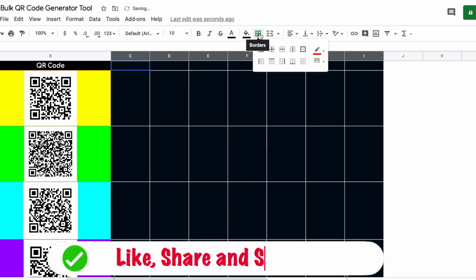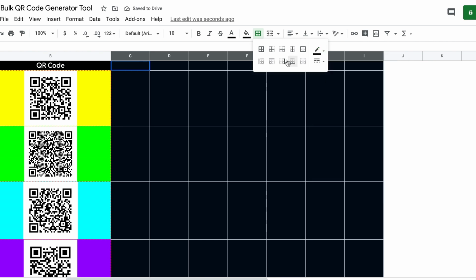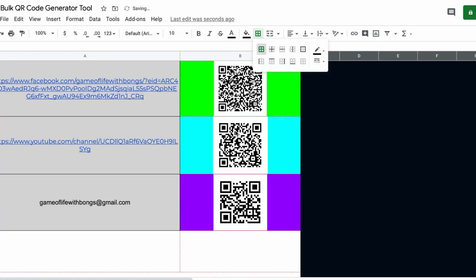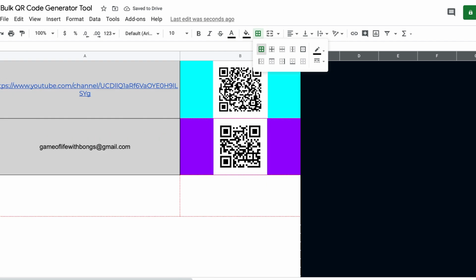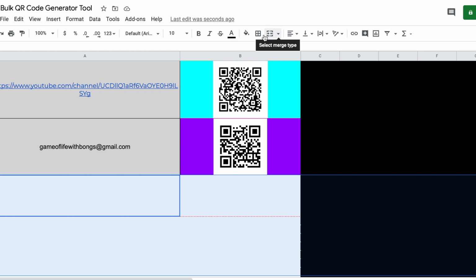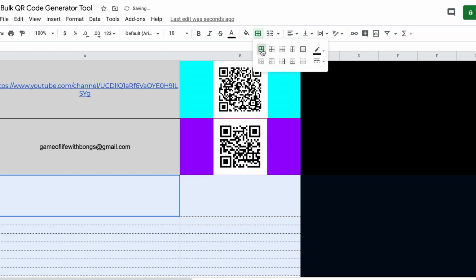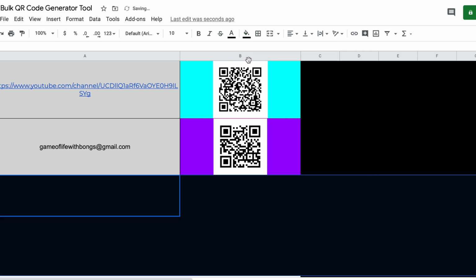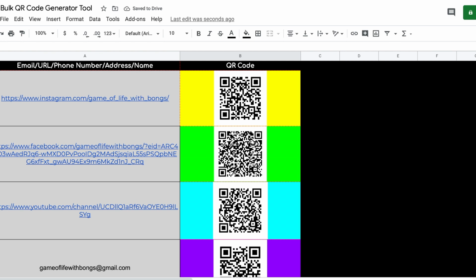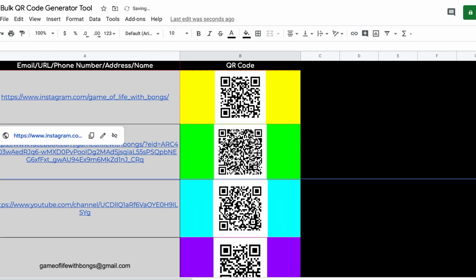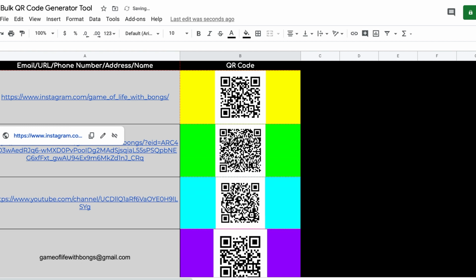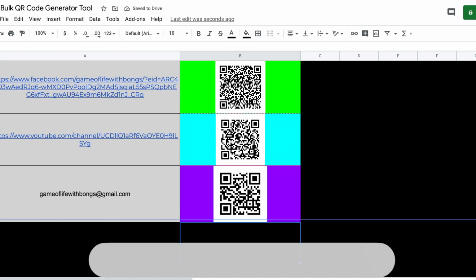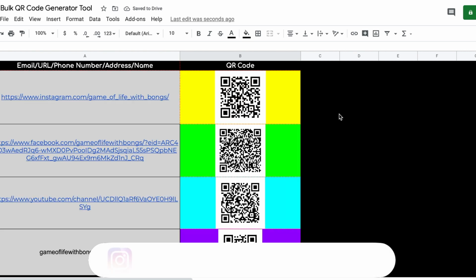You can make them any color of your choice. We are not going to be using those cells, so it's completely okay for you to change the color or the formatting. So there you go, you have your tool completely ready.